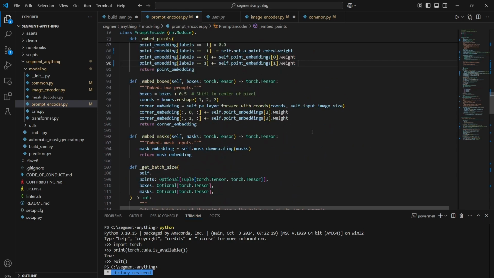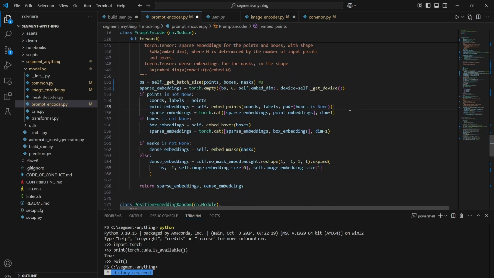So at this point, the shape of our point embedding will become b cross n plus 1, or let's say just n, b cross n cross 256, and then we will concatenate with the sparse embeddings. So the shape of this sparse embedding will become b cross n cross 256, right? Similarly,